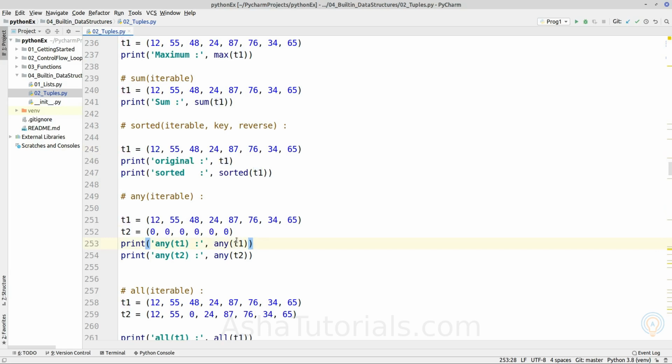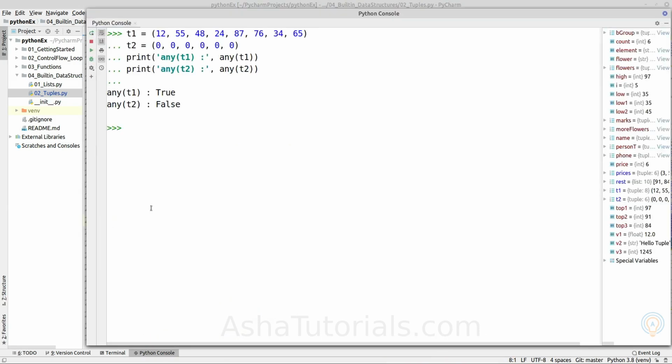Next method is any. So it will return true if any value is evaluated as Boolean true. So as we know, any integer value which is not 0 is evaluated as true. So because there is a non-zero value here, it will return true for the T1 tuple object, and it will return false for the other because none of the values is non-zero.